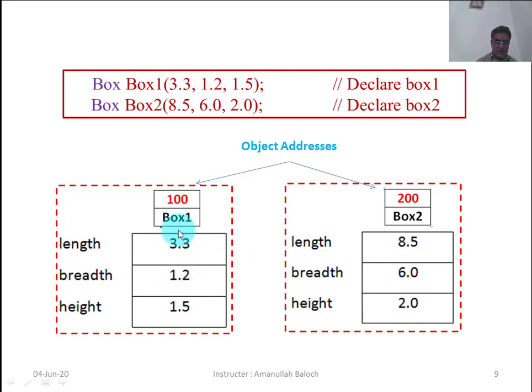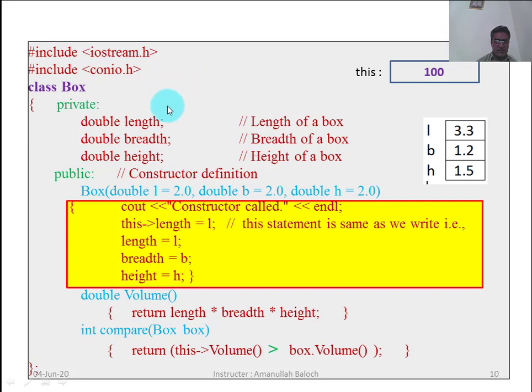How will these values be stored in the memory of length, breadth and height? Box 1 will call the constructor.